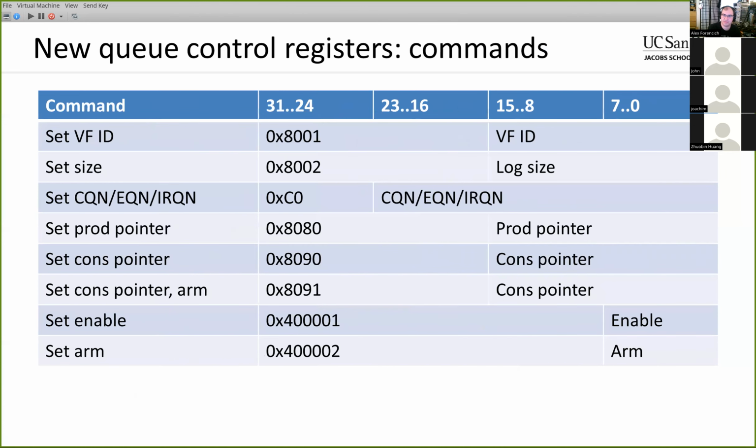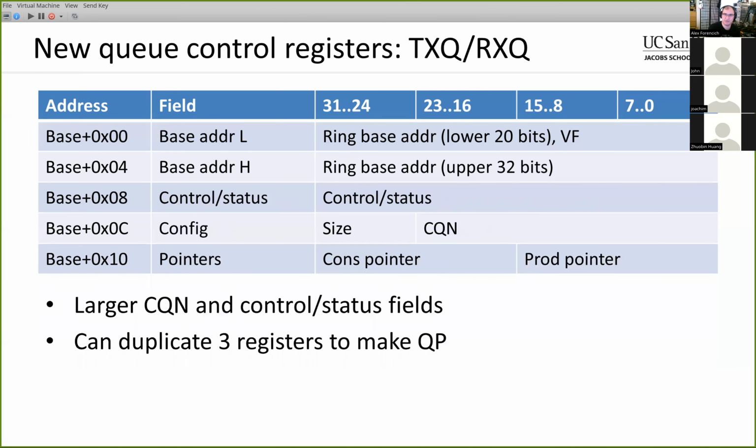And then just very briefly, this is what the commands look like. I think the VFID command is not implemented yet, but all the other ones should be. So we have command to set the size, command to set the CQN, EQN, or IRQN, set producer pointer, set consumer pointer and arm, set enable, set arm. The idea is that you can take any of these and write them to